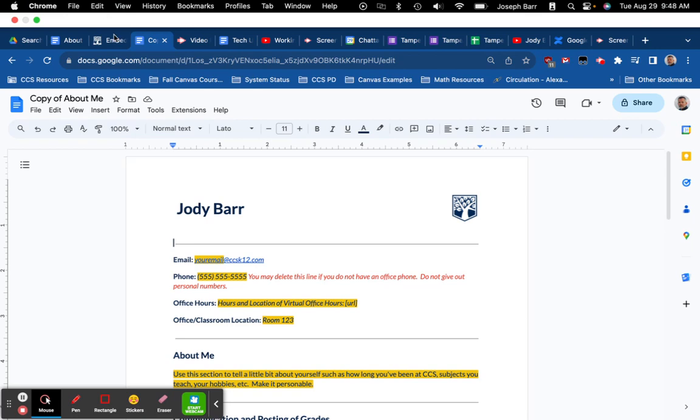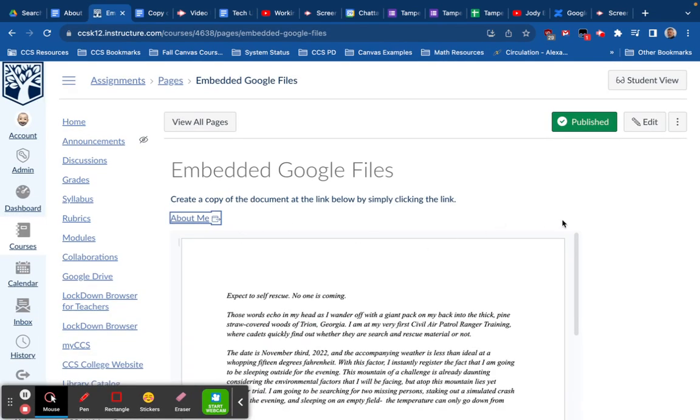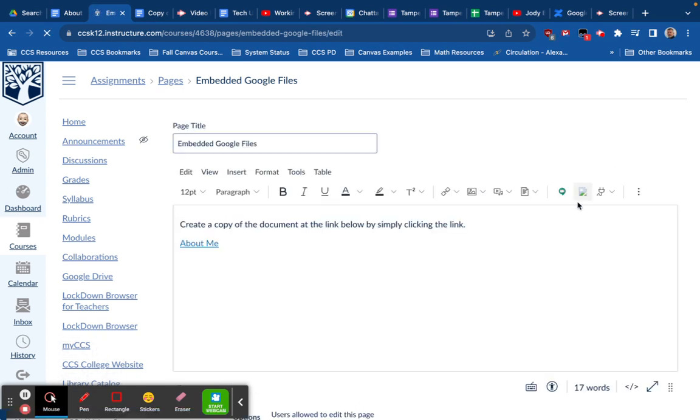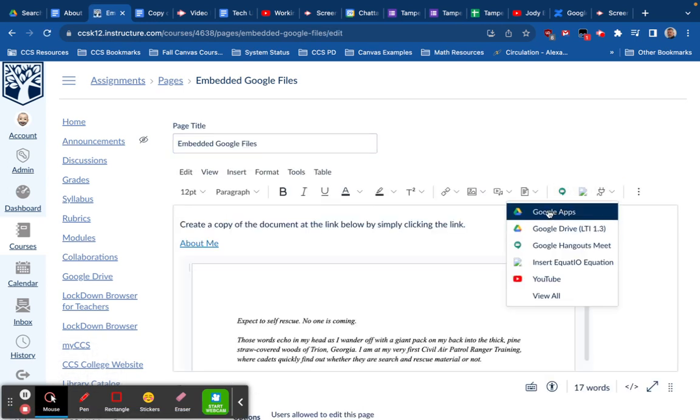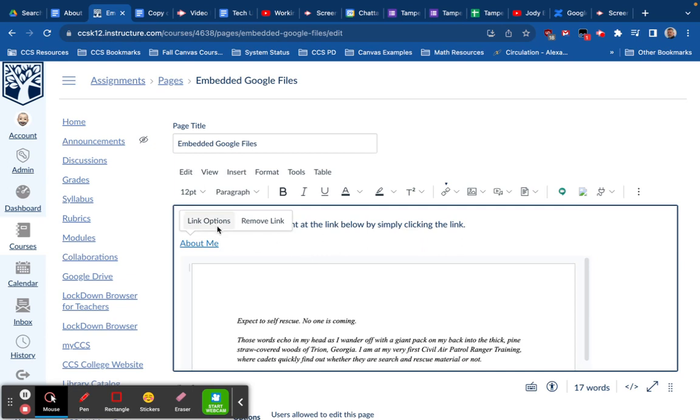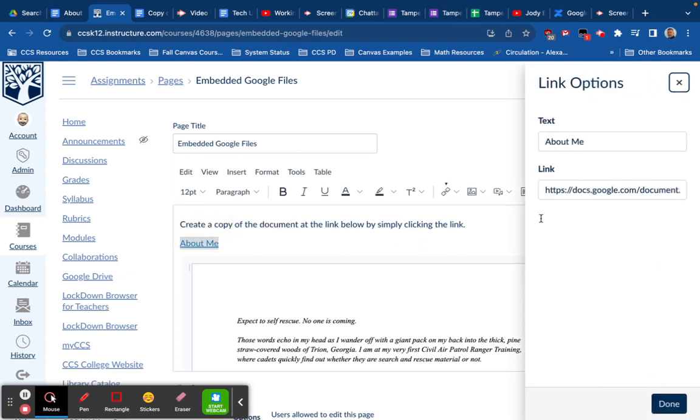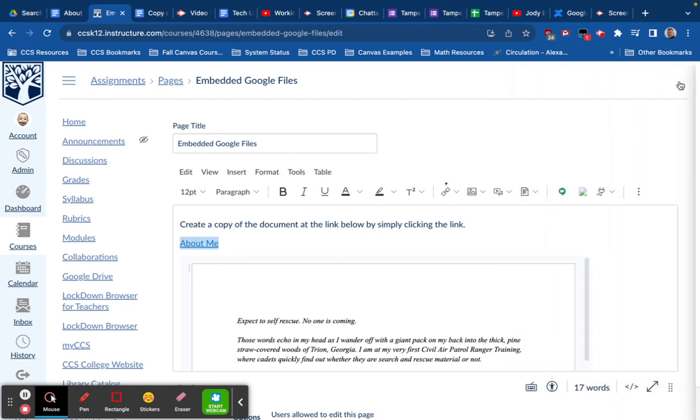So those are a few different ways that you can work with Google Files inside your Google Drive. Once again, remember, if we jump over here to edit, that this plugin, this Google Apps plugin, is going to be deprecated here very soon. And what we want to do is to make sure that we use this other Google Drive LTI 1.3, or we can simply, if we want the students to actually have a copy of the file and be able to edit their own copy, we just go over here to link options and we change that just by changing the information from edit behind the / right here to copy, and that will allow the students to make a copy